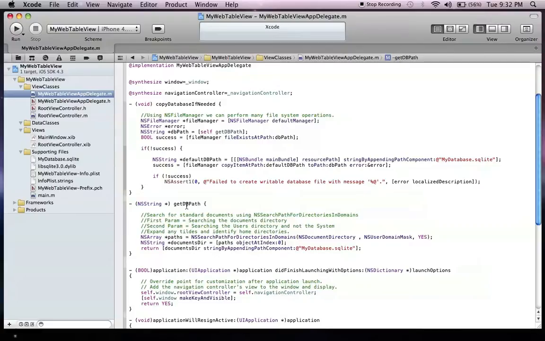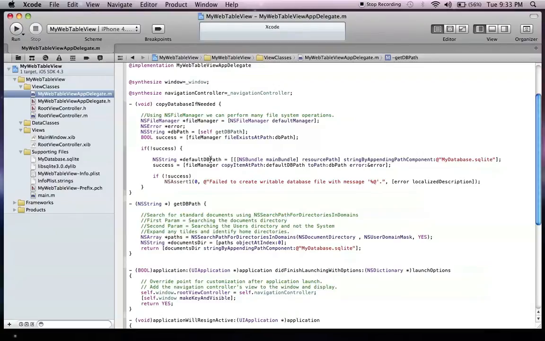We then declare a boolean, a yes or a no, or true false in this case, called success, and we set it equal to the file manager. Now our instance here, we call up the file exists at path method and the database path. So if this file manager and file exists at path database path says I find it, yes, true, then I have success. If I don't, it's false. Then we have an if loop here. If success is not, or if we don't have success, if we're in a false condition instead of true, then